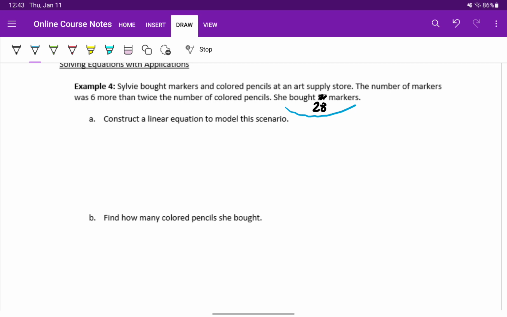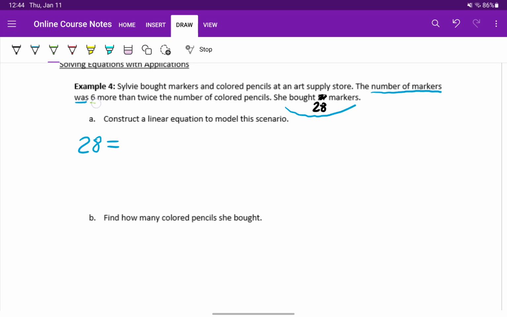And in this previous sentence, we're told that the number of markers was something, or is something. Those are some key words that we want to look out for. That's telling us that there's an equal sign there. So if the number of markers is, or was, that means we want to say that number of markers, 28, equals,